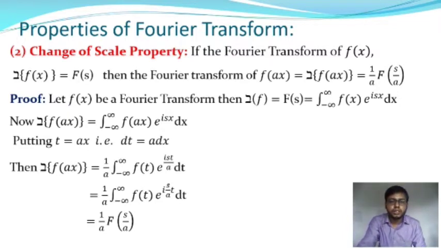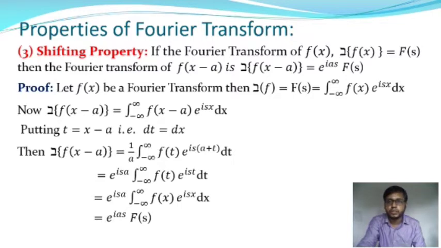Now we will move on to the third property of the Fourier transformation. So this is the shifting property of Fourier transformation, or the third property of Fourier transformation, okay. So if the function f of x has a Fourier transformation, that means zeta of f of x is equal to F of s, okay, and you know F of s is equal to integration minus infinity to plus infinity f of x into e to the power i s x into dx, where the function f of x is defined in the interval minus infinity to plus infinity. Okay, then the Fourier transformation of the function f of x minus a, where a is any constant,